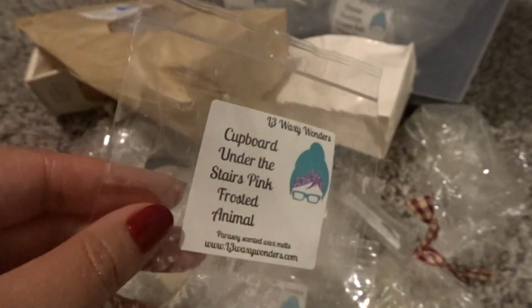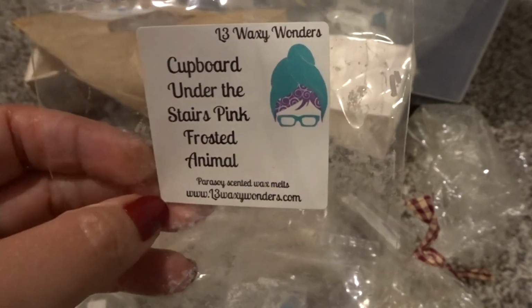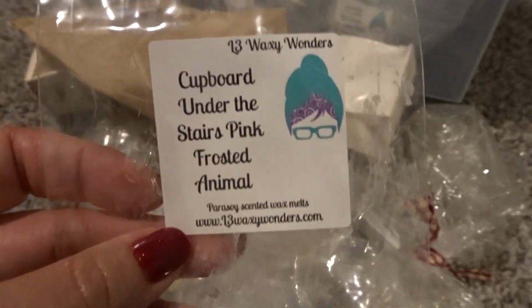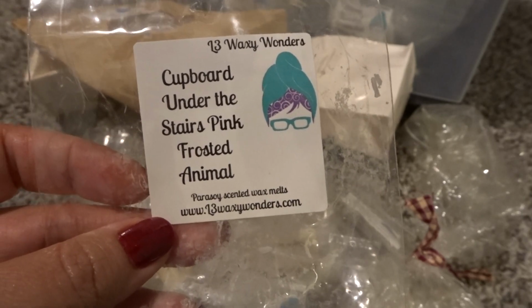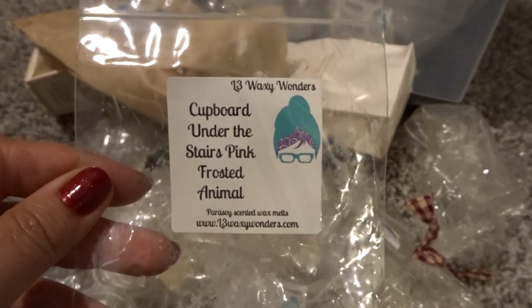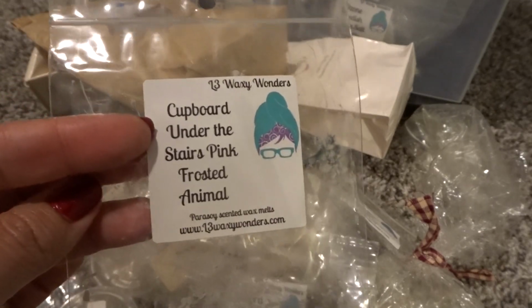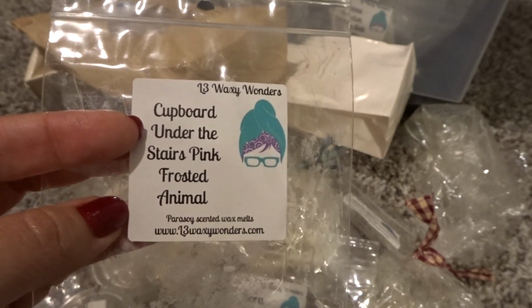So Cupboard Under the Stairs is like a strawberry. It's fresh picked strawberry. And then I think it has like, is it like cake and maybe frosting or something? I know it's like a bakery fresh picked strawberry blend. Pink Frosted Animal is just the pink frosted animal crackers or animal cookies. This was a really good blend. I would definitely get it again, but I also have Cupboard Under the Stairs, I think is coming to me